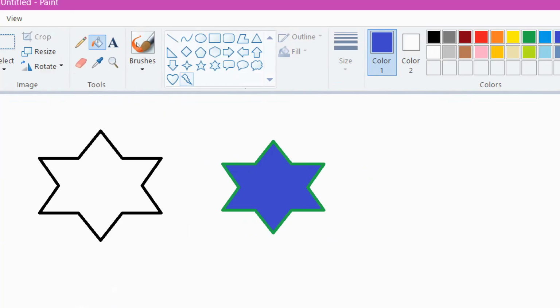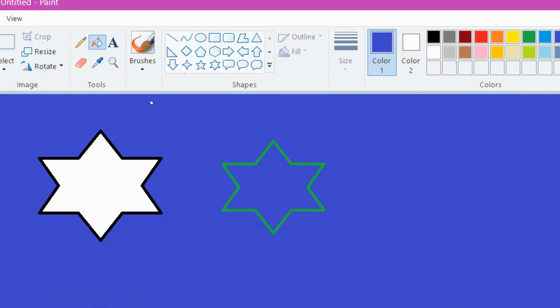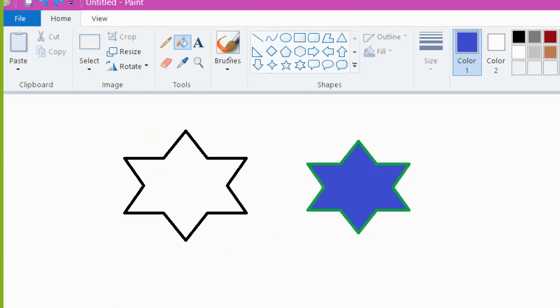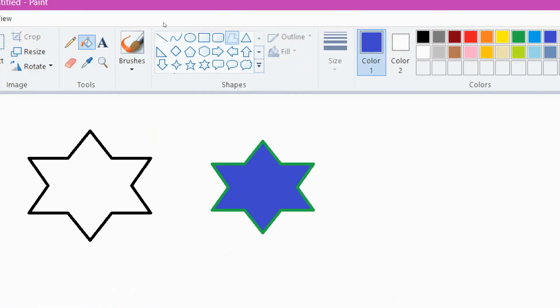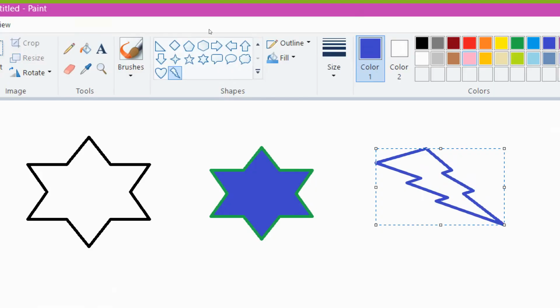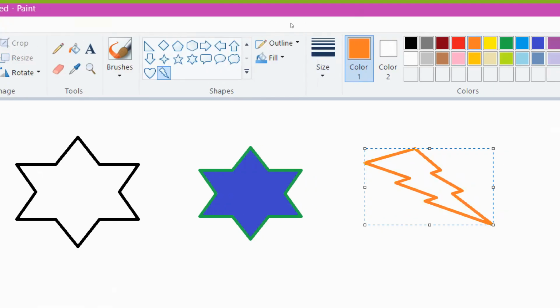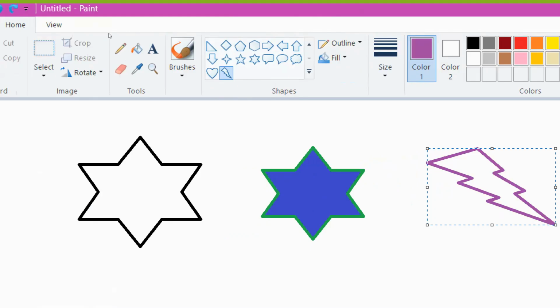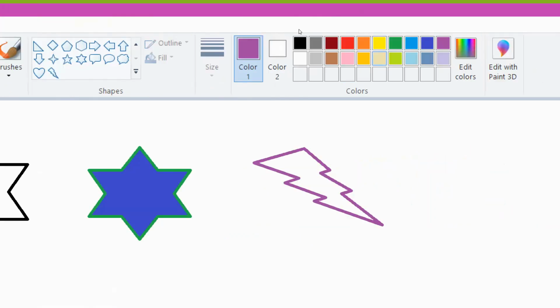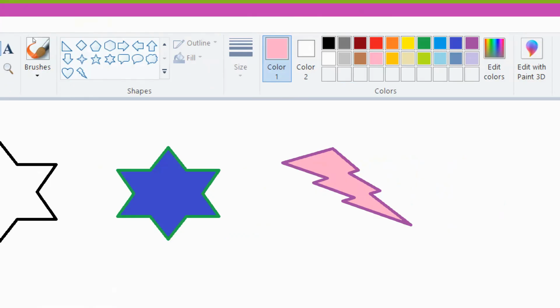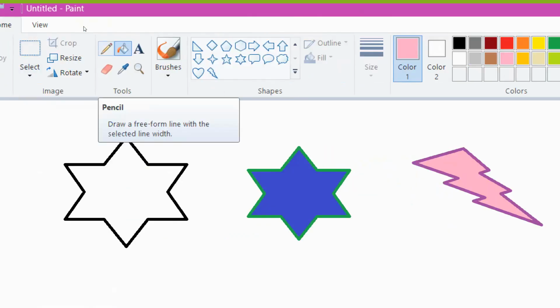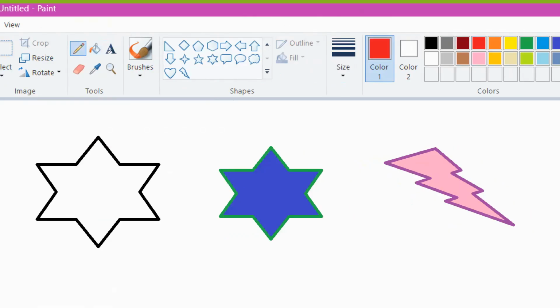There are a lot of shapes available. Let's use another one. Also this. Let's use another shape. If you want to change its color, here, and again use the paint basket, right? Apply some color, right? And I'll use this pencil. By using the pencil, let's use a color. You can draw. You can write anything